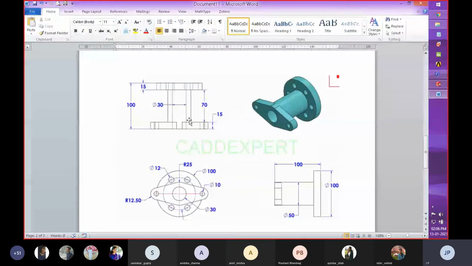Okay. After that, with respect to that, you can create this 3D model. After that, you have to use this circular command, and then you have to use this fillet. With the fillet toolbar you can perform all these things. So